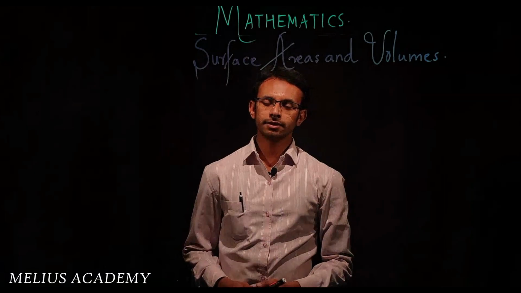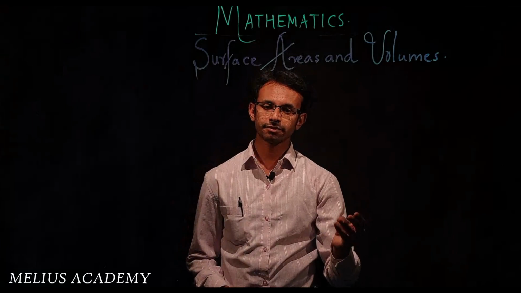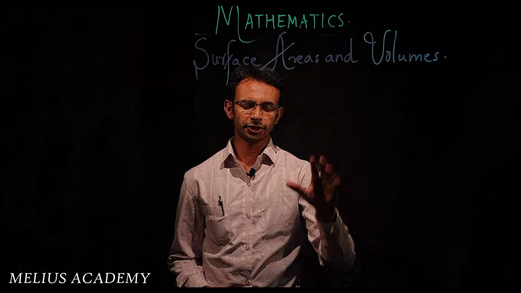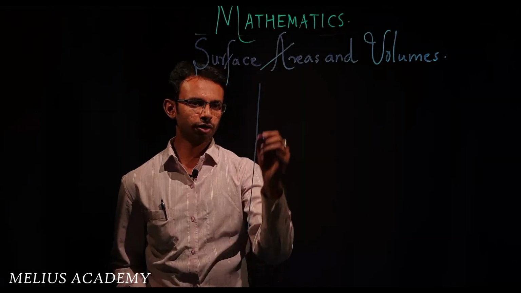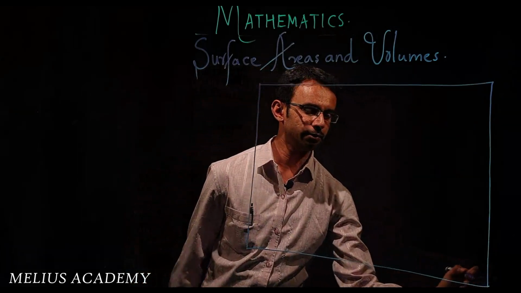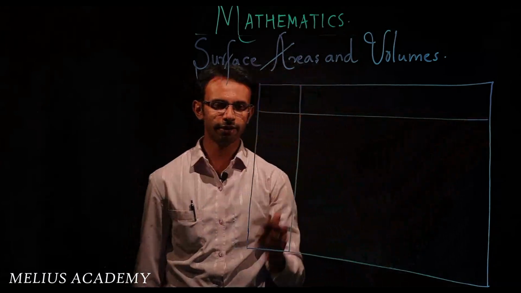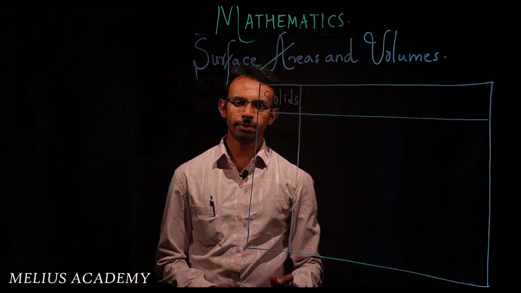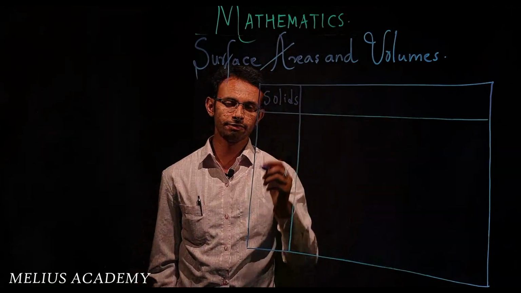In this chapter, there are 5 solids: cylinder, cone, sphere, hemisphere, and frustum of a cone. In this session, I am going to discuss 4 major solids: cylinder, cone, sphere, and hemisphere. This is a very good way of learning all these formulas. I am writing the solids here, and please maintain the same way of writing in your examination in the space provided to you. It will be very useful.